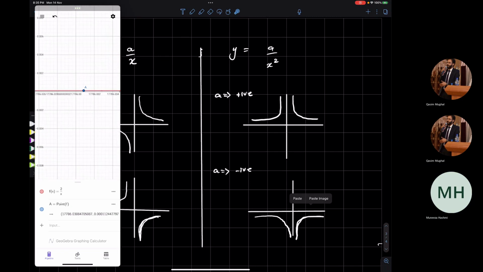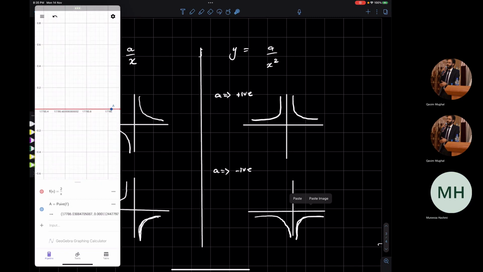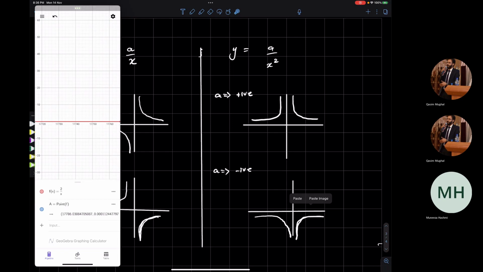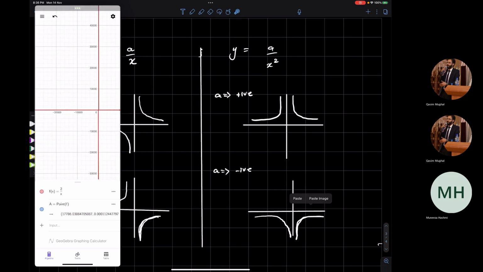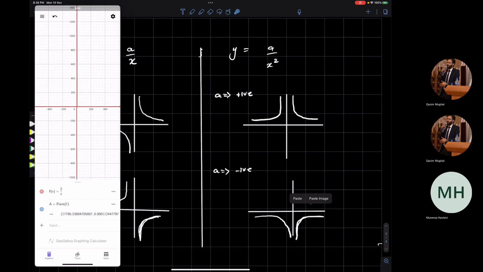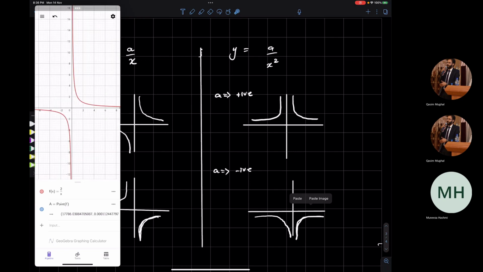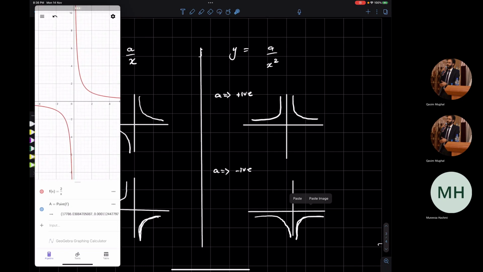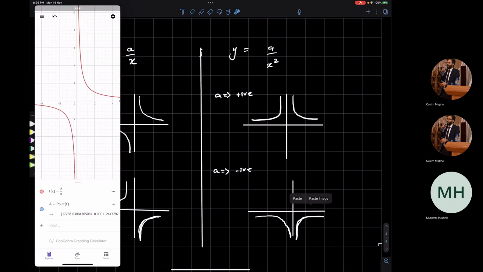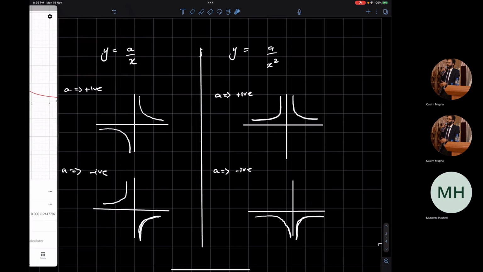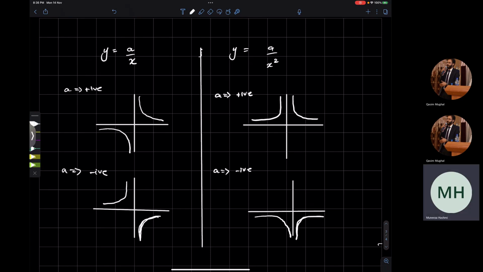Okay, so apparently it looks like this red line is approaching the x-axis, but it is never going to reach the x-axis. So the x-axis in this case is called the asymptote. Okay? Yes, sir. So in all of these cases, the x-axis and the y-axis, both of them are asymptotes